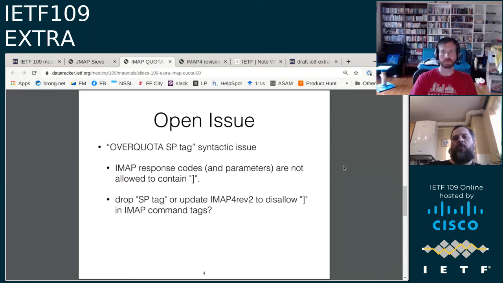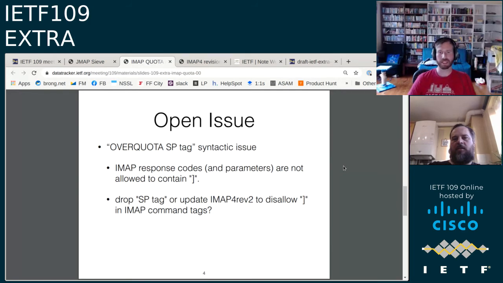Do people have a strong opinion either way? On one hand, we can tighten definition of tag to disallow this, but if there is any client that decides to generate tags with this, then they will become non-compliant with this change. I'm slightly apprehensive about it. Yeah. Clients, man.